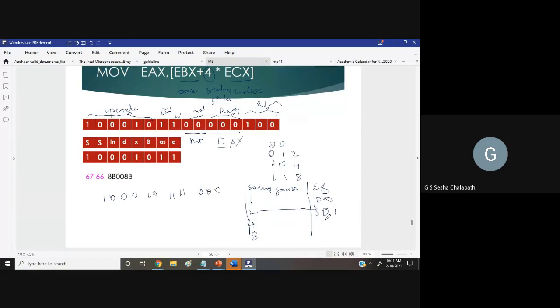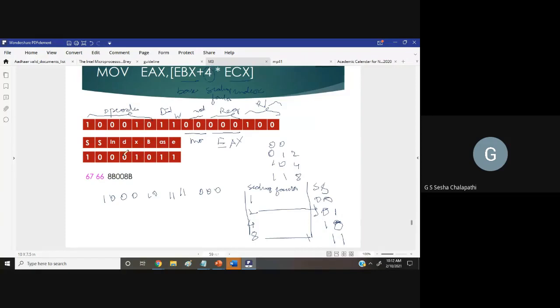There's some issue with my pen. And if it is 8, it will be 1, 1. So the SS field is 0, 0, 0, 1, 1, 0, or 1, 1. Now the scaling factor in this case is 4. Therefore, the SS field will be 1, 0.